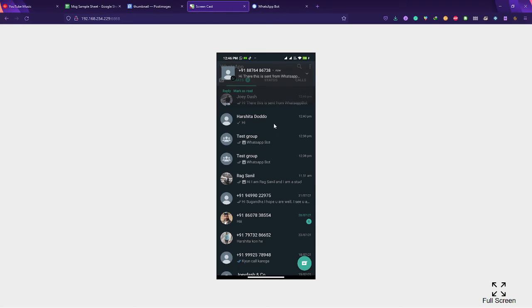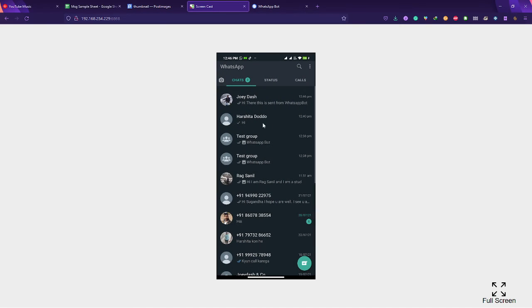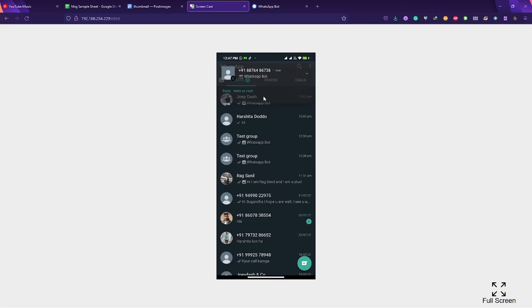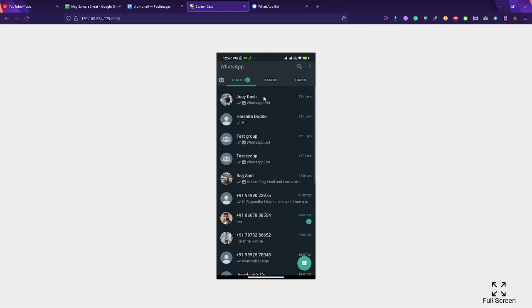You can go to the application and you can see this message is already sent. So this is how you send messages to contacts or phone numbers. And the other part is you can send images as your message. Select the image URL. This is the column which represents the image URLs. Now you'll select the caption. Okay, you can select caption or you can select message. It doesn't matter. It should be text. So yeah, select caption and then send. So this will result in sending images. As you can see, I have sent the WhatsApp bot image to the user.